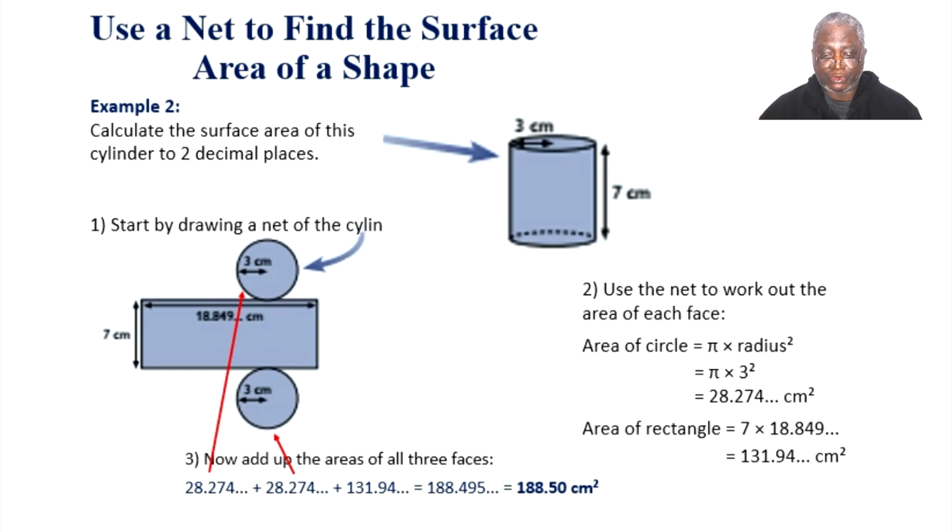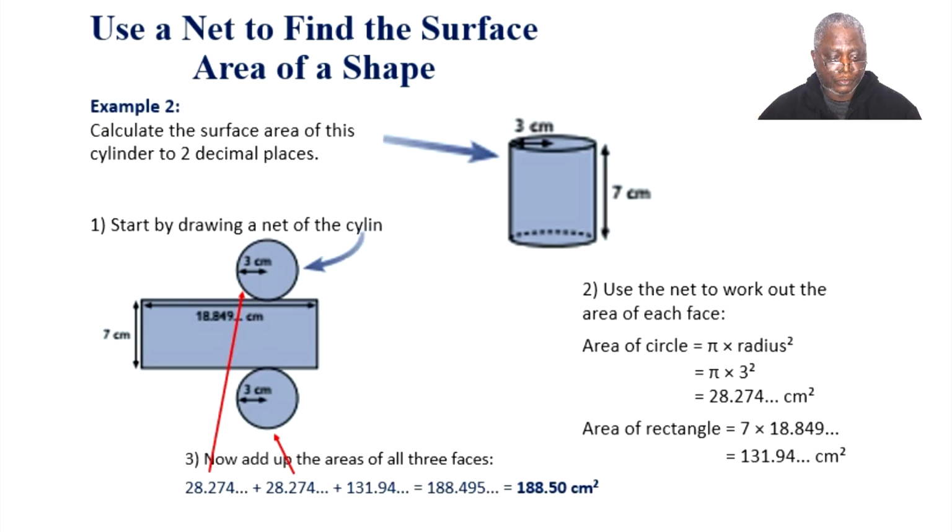Area of circle is equal to pi times radius squared. So 3.142 times 3 squared is equal to 28.274 centimeters squared. In case you're wondering why I got 3.142, that is the value of pi. Now add up the areas of all 3 faces, which is